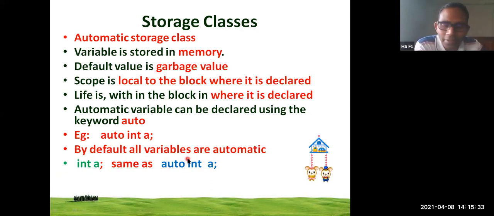So far, whatever variables we declared in our programming, in introduction to programming or so forth, we have used only automatic variables. We didn't touch the rest of them, that is static variable, register and external. So today we are going to cover all of them. So in our example, if we are declaring a variable, say integer I, then we are printing, let us remove this if condition, not required. So let us remove this also.